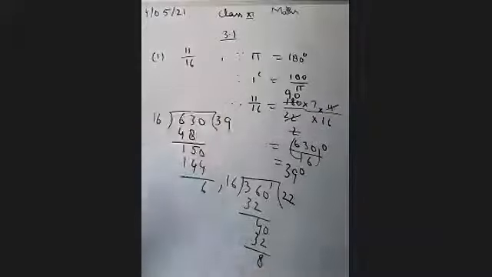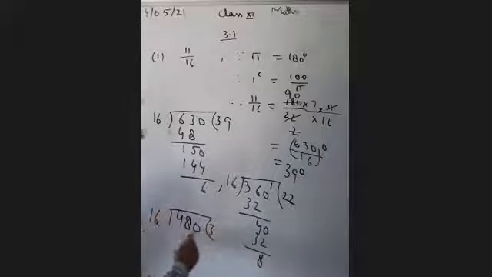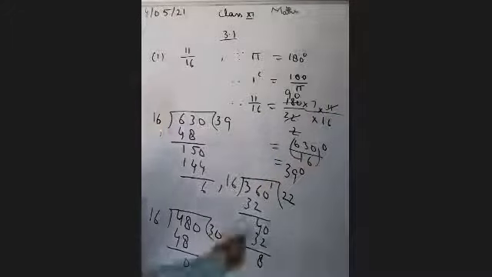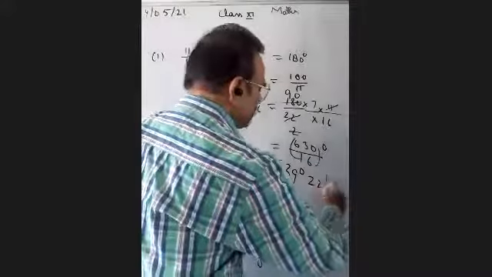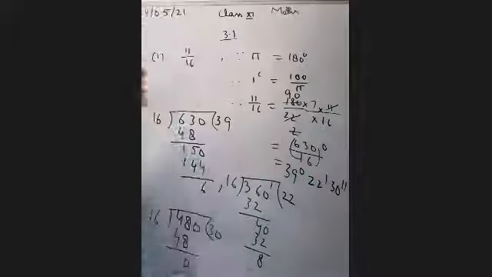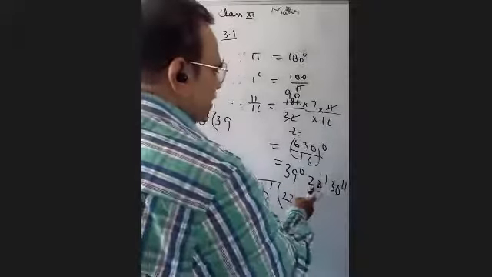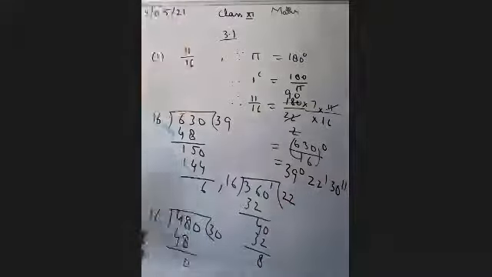Now you have to again multiply with 60. You will get 480. Now if you divide by 16, you will get 16 3s are 48. So what will be the answer? 39 degree, 22 minutes and 30 seconds. As I have told you earlier in the beginning, we have divided 1 degree into 60 parts, that is known as a minute. We have again divided minute into 60 parts, that is known as the second.